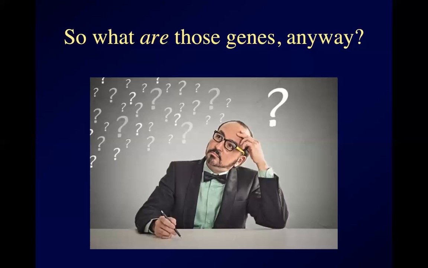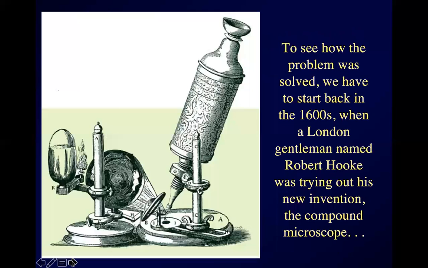We know that there's something, and we know that organisms have pairs of them and they come in different variant forms called alleles. But what are they? If you wanted to see a gene, what would it look like? How do they do what they do? Answering that is going to take a couple of weeks. And we can start by going back in time